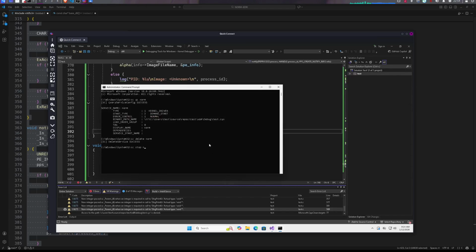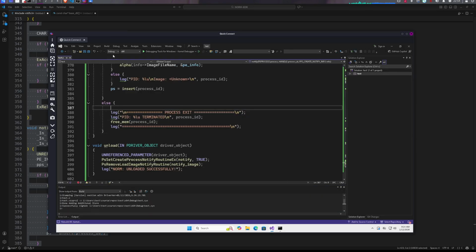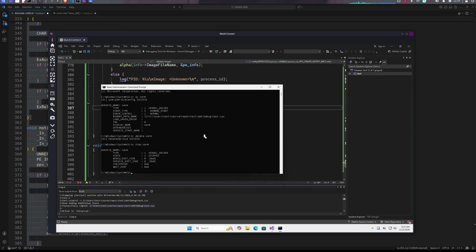SC stop norm and build again. And it's built, and we have to copy the location path. Let's create our service, let's call it create norm type kernel bin path equal to